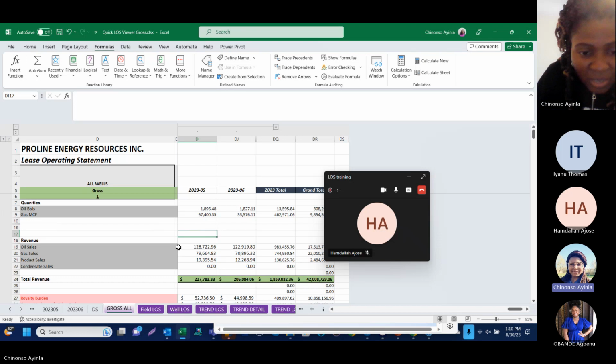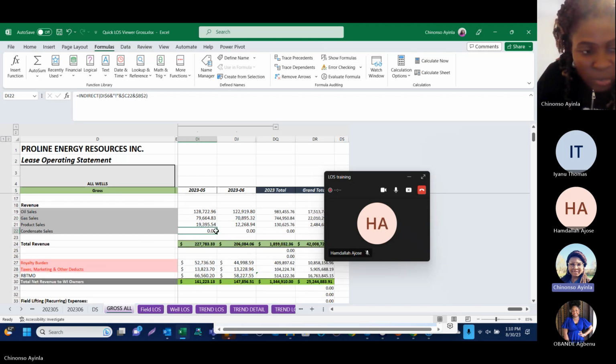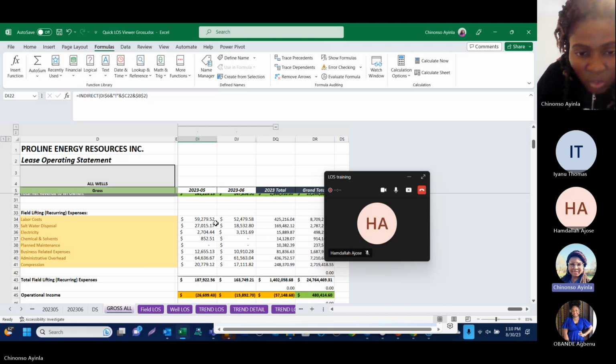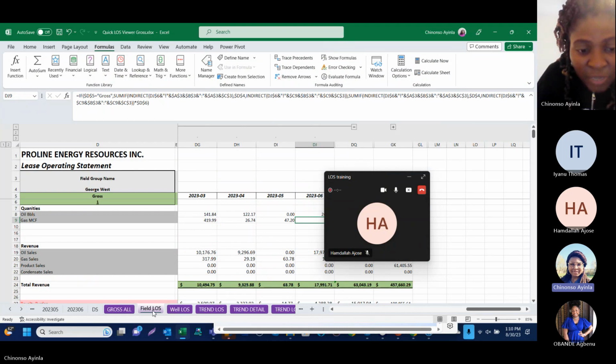Then it's telling us that the total oil sales is this for May. The total oil sales for June is this. So it's just for you to read into details. You can decide to check up on anything, like what is the total oil we produce, what's the total quantity, what's the total labor cost. For this part, it's telling us that the total labor cost for the month of June is this. In the month of May is this. Just data extraction that we'll be doing here. Then for field LOS,